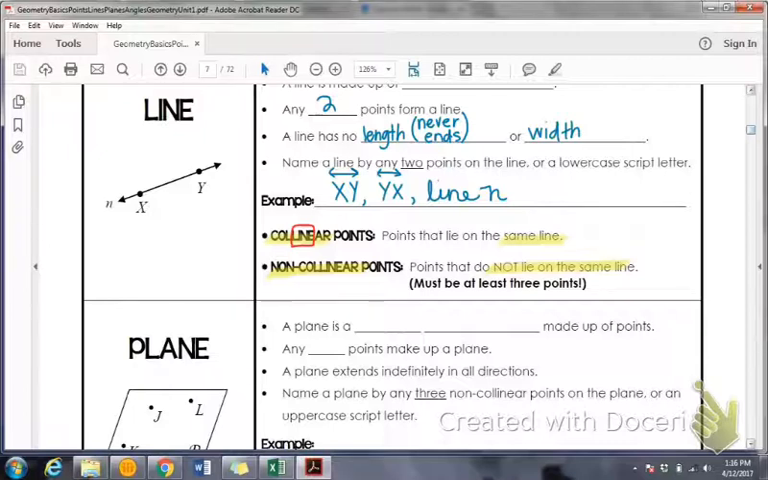Okay, so we have a point, we have a line. Now we're going to talk about a plane. So a point, a line, a plane. Not an airplane though, guys, but a plane. Okay, so we're going to say a plane is a flat surface. A plane is a flat surface